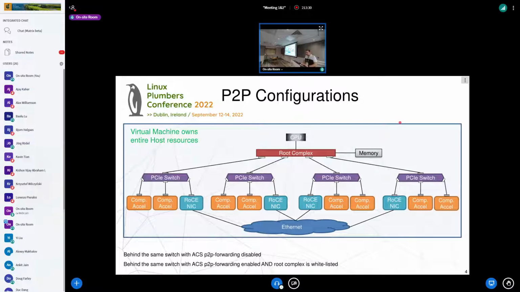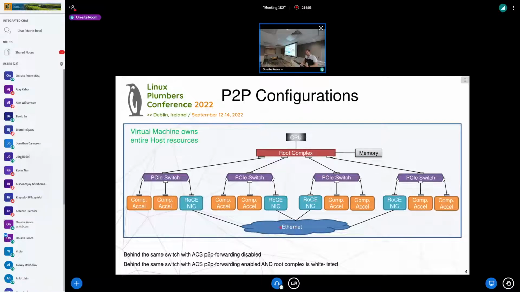This is used for something we call the scale out, and the classic example of the flow of data is that the accelerator is using its DMA to get data into its device memory. You do some computation on it, and then the compute accelerator copies that data back to the memory of the CPU, and then the NIC takes that data from that memory